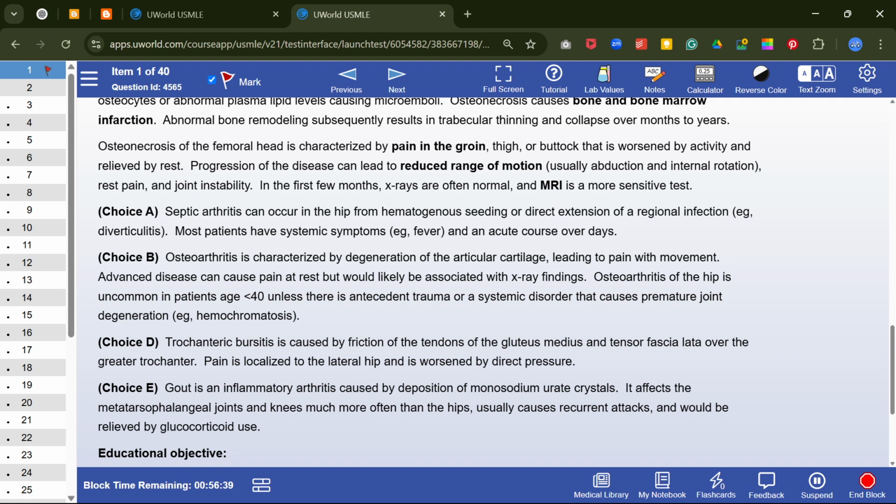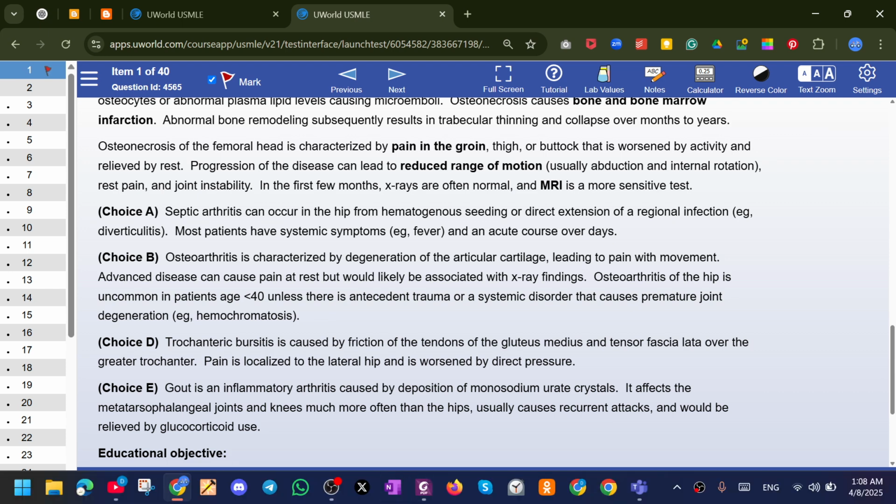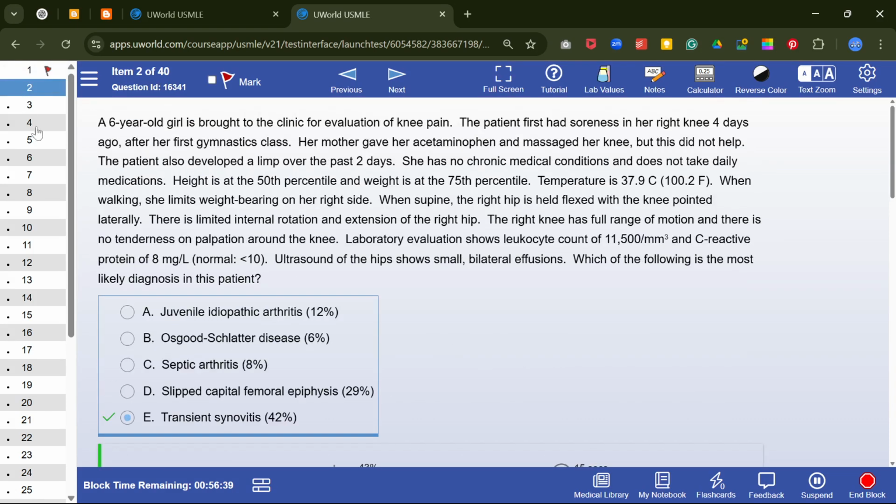No, it's not JIA. Yes, it's transient synovitis. In JIA, there may be a joint count. Here it is only knee pain, so only one joint. In JIA, one or more than one joint is needed for systemic JIA to happen. You need arthritis in more than one joint. Okay,